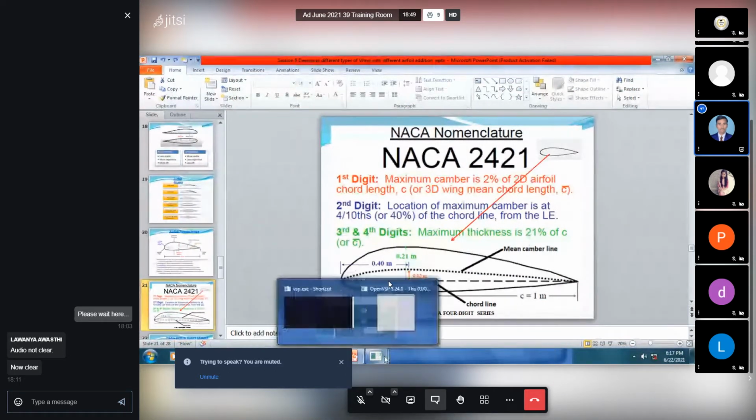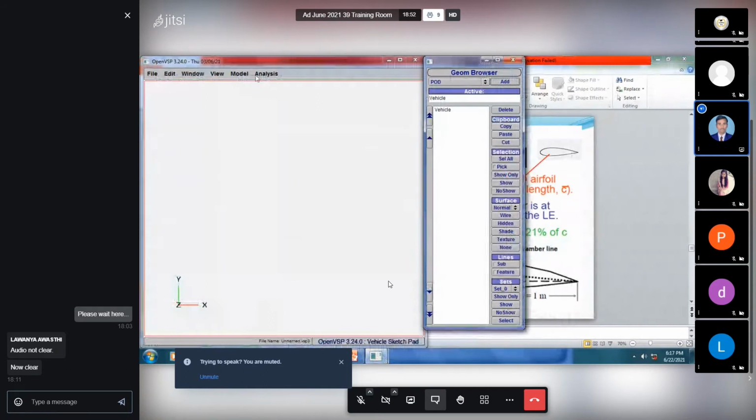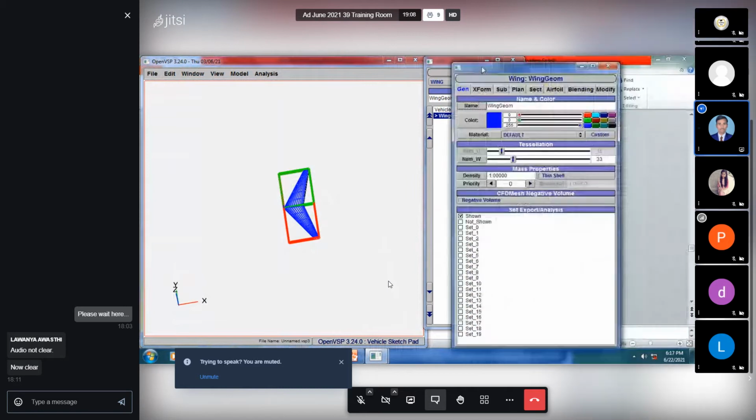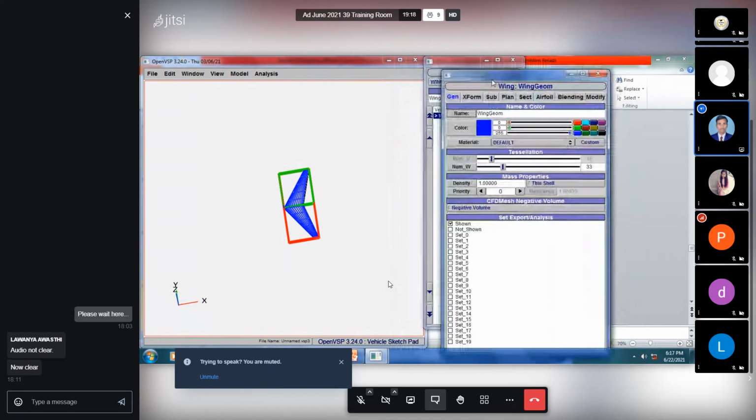Yeah, thank you. So here we have our software, and let's select wing and add. We know that this is our default wing, and just come to aerofoil. As we know, as soon as we add the wing, we get one new tab, and this tab is called the geometry browser tab of this model. Which model? Wing model. So this is our wing model geometry tab, that's why wing GEOM.